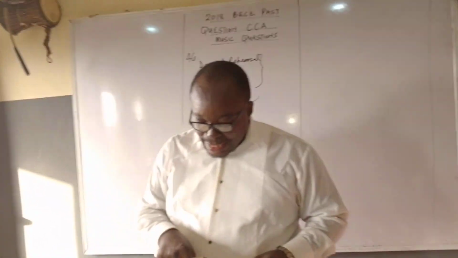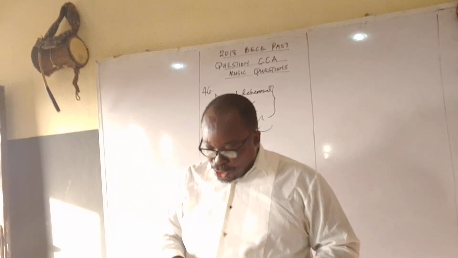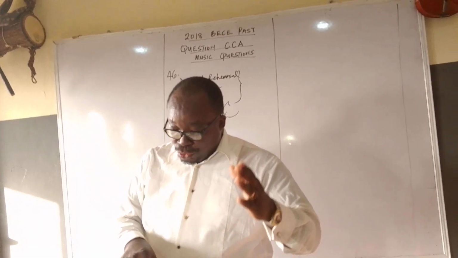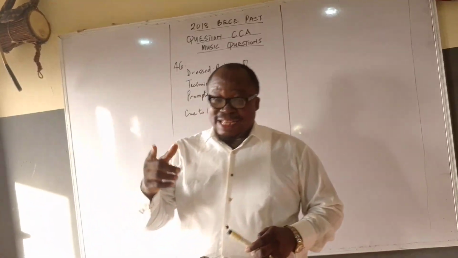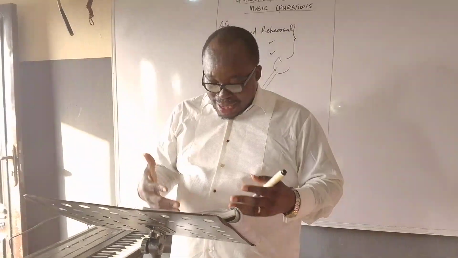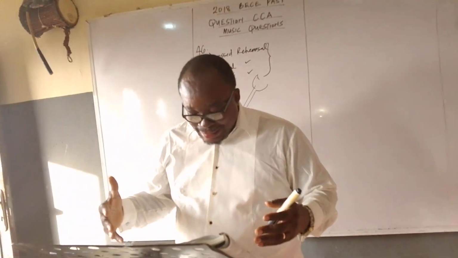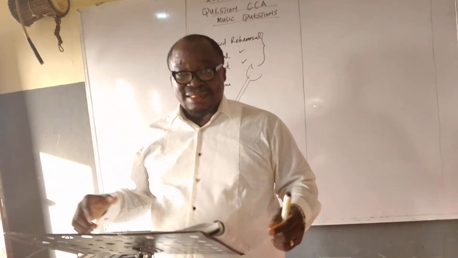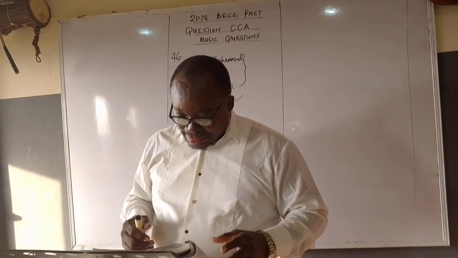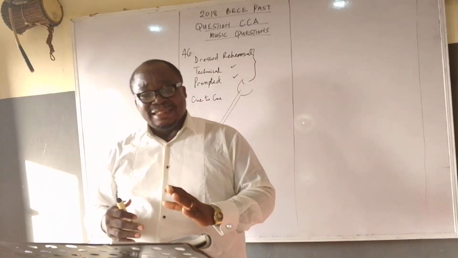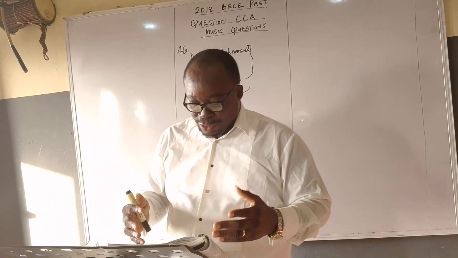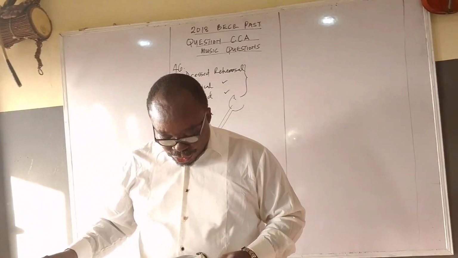He says a prompter is a member of a production crew. As a member of a production crew, performs which of the following. Of course, I told you a prompter is that person that helps the artist or the performer to remember his forgotten lines, given lines or lyrics in a performance. So I will go with the option B. Reminds the cast of forgotten lines in a drama. Again, that question, you can treat it as a musical question, a drama question, or an arts question.